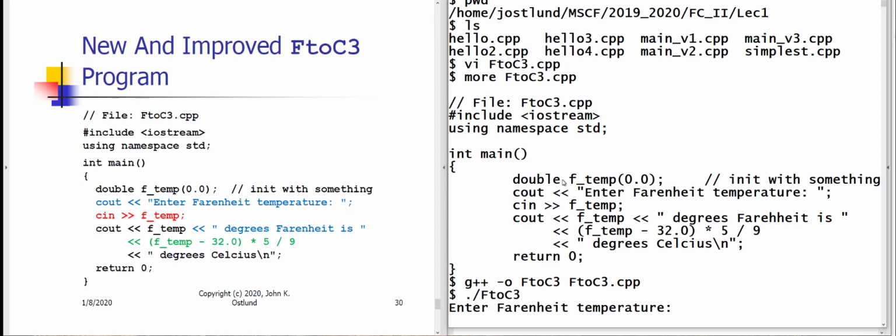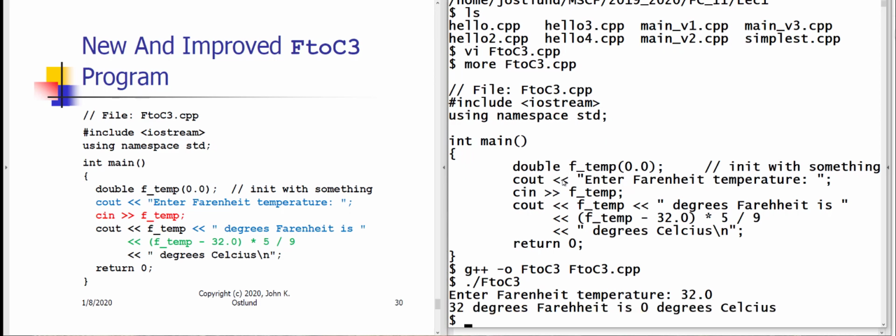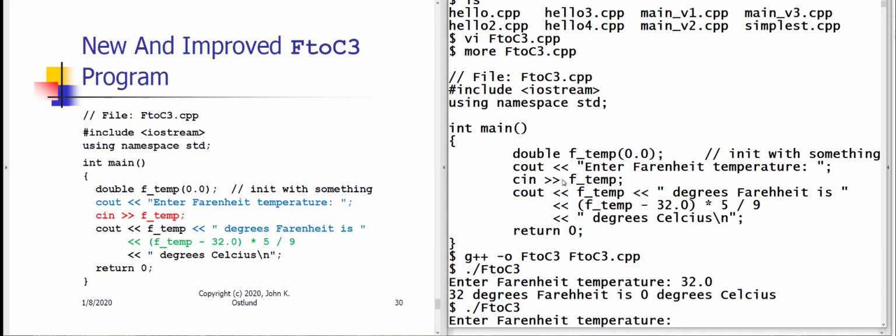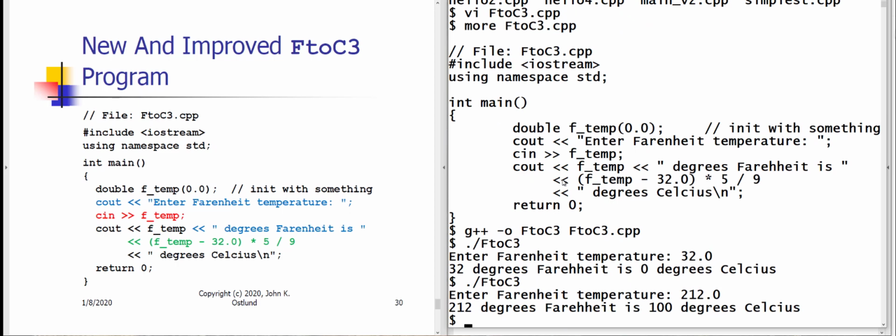Enter Fahrenheit temperature. Well, let's try some things. If I say 32.0, that had better be 0 degrees Celsius. 32.0 Fahrenheit is freezing, so yes, 32 degrees Fahrenheit is 0 degrees Celsius. Let me run it again. Let me type 212. Now that's boiling, so that should be 100 Celsius, and it is. Let me run that again